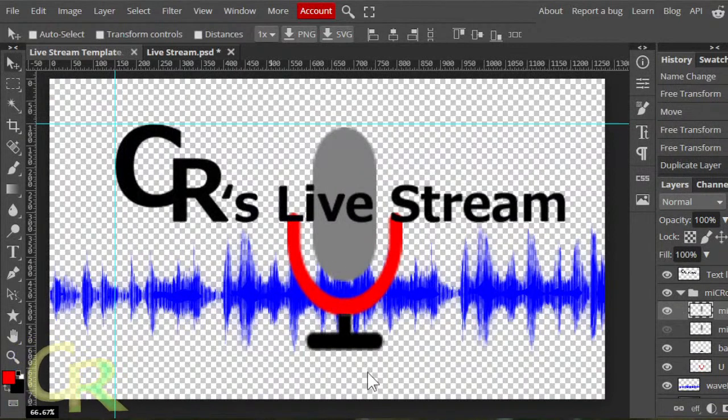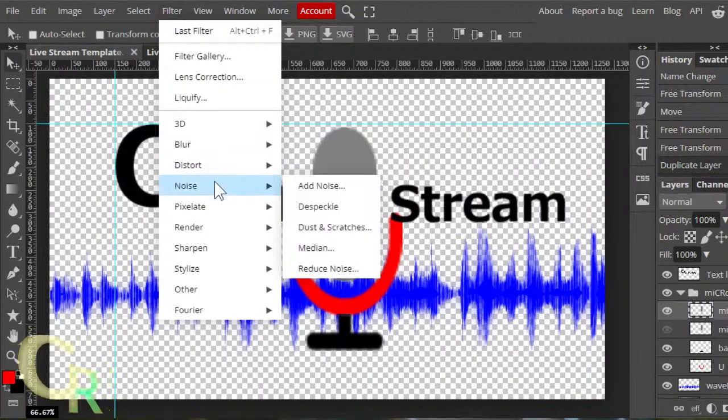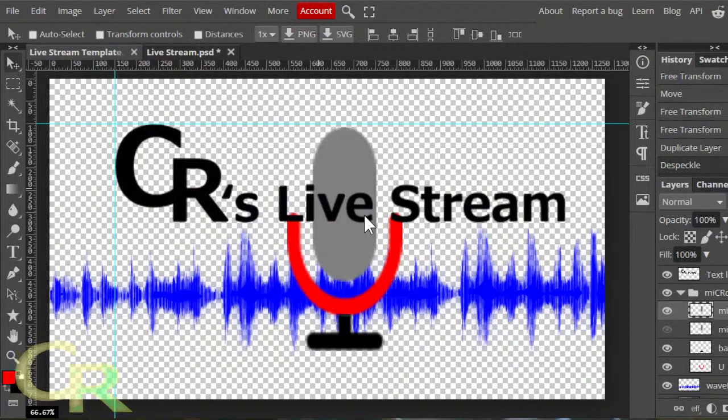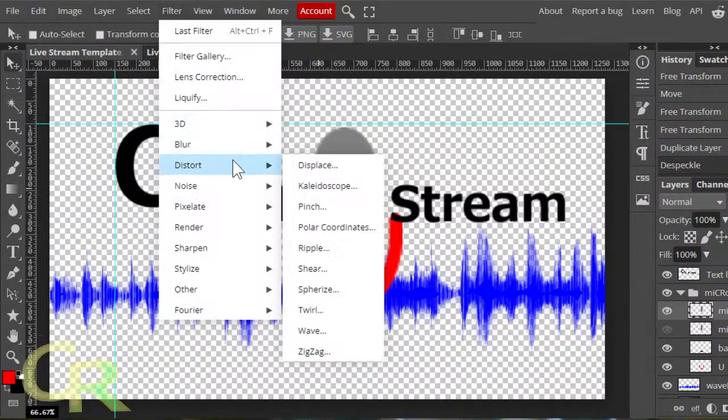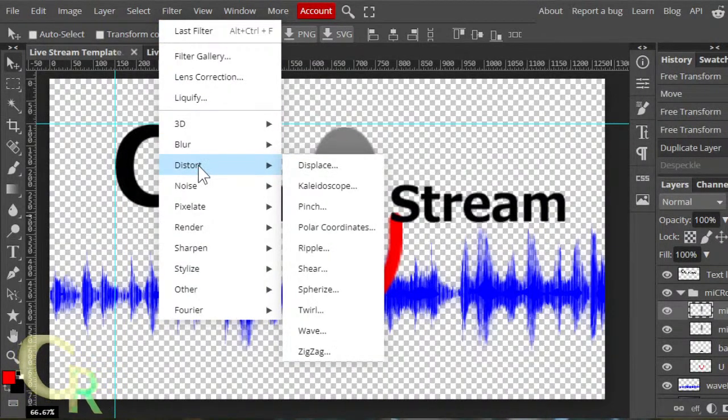Let's see here. How can I do this here? This speckle. No, it's the speckle. Find something that'll work. Let's see. Hide snow.